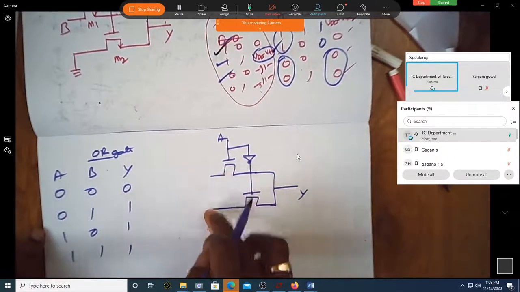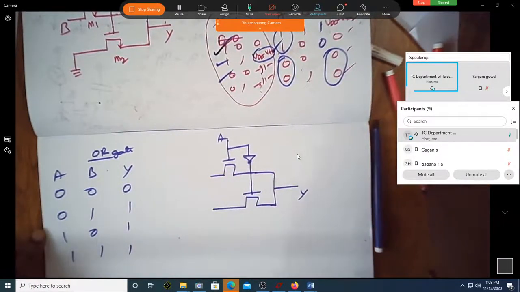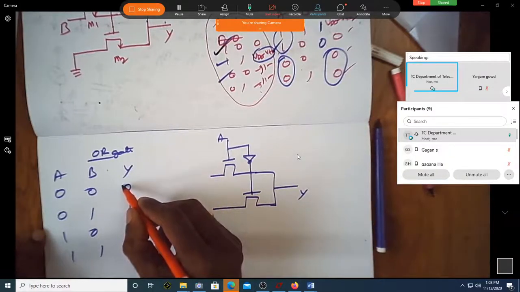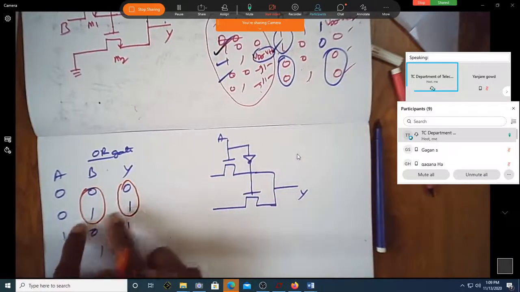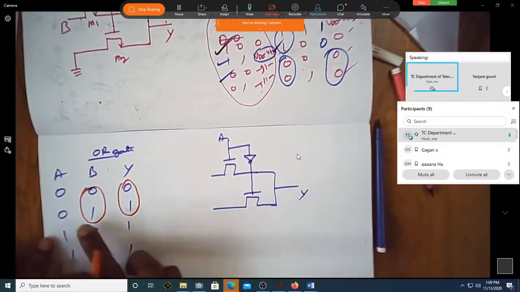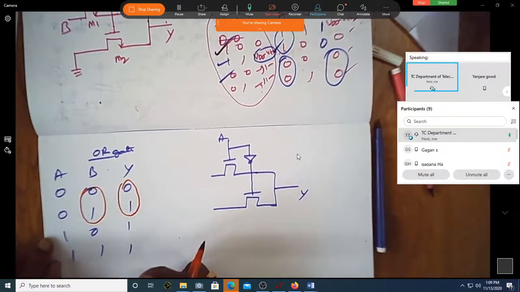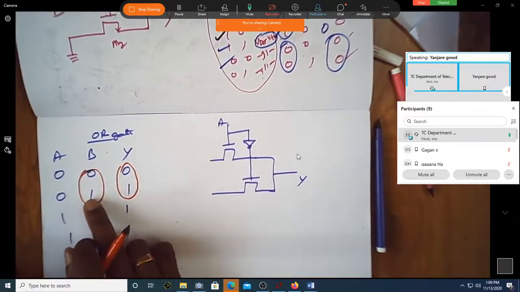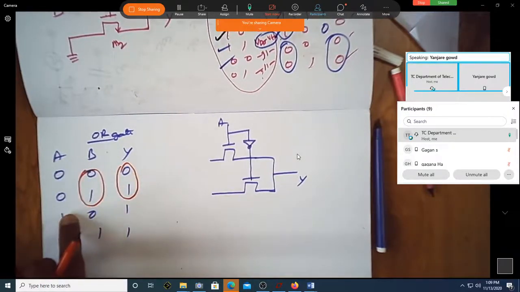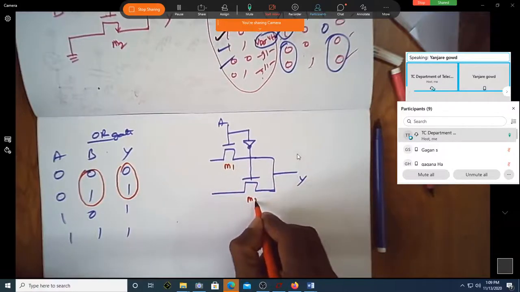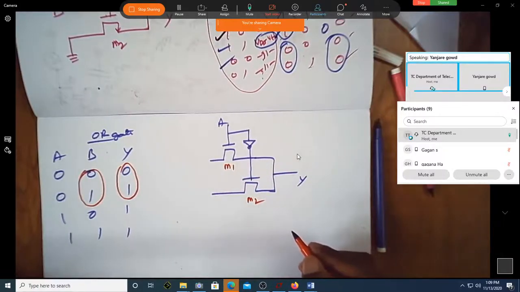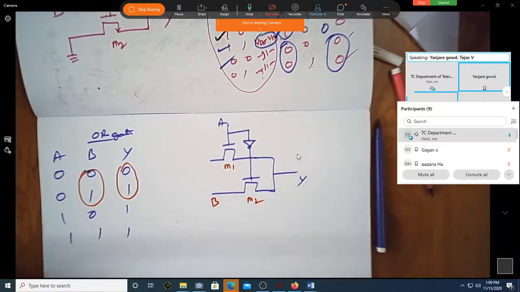Now I want to fix what the inputs are. Now we just compare the input, and this is output, this is the other input. What is these two? Are they same? Yes, sir. Are Y and B both the same? Yes, sir. That is possible when A is 0. Correct? When A is 0, out of these two, which one will turn on? If I say M1, M2, M2. Shall I write it as B?